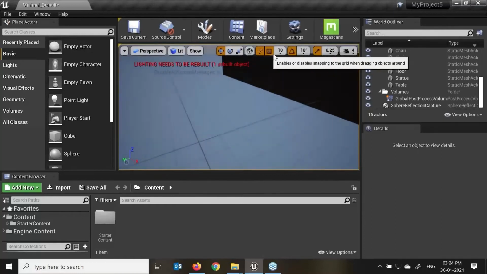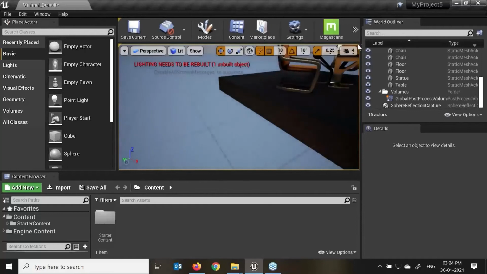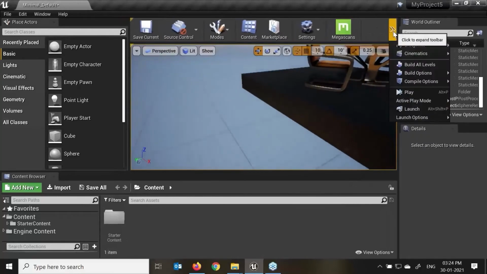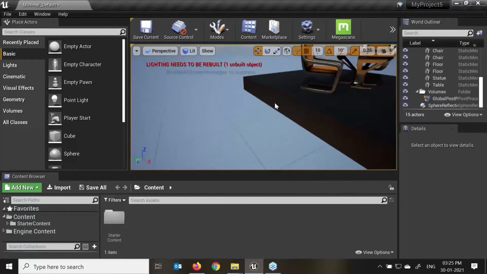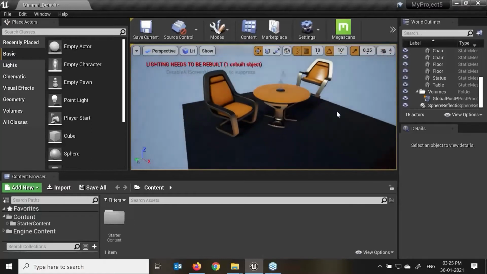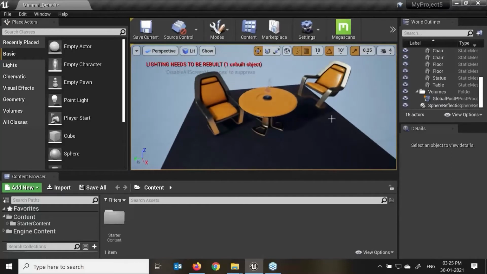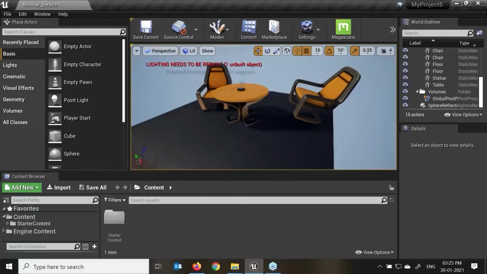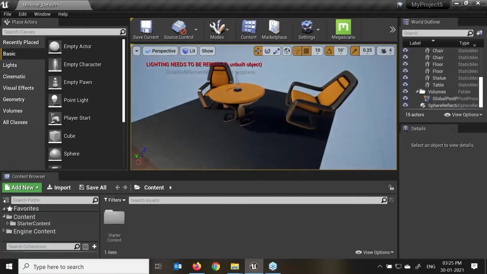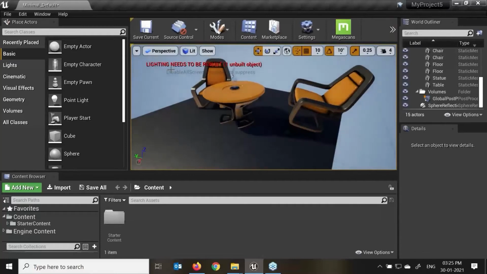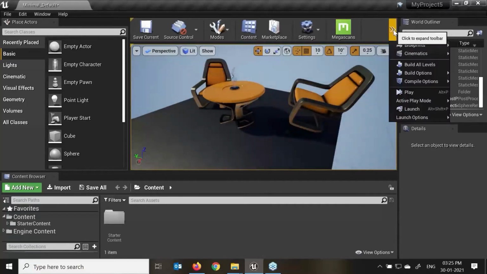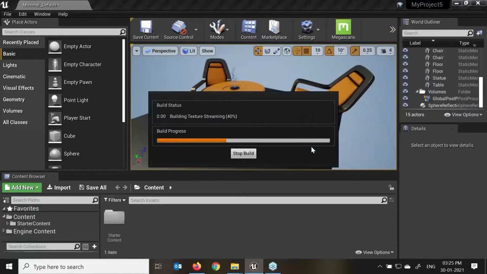Just on and off. Again, it's asking for the light calculations. So we need to rebuild the light. Select build all level. Whenever you are facing this error, lighting needs to be rebuilt. This error is coming because in Unreal everything is pre-made, the bake. If I open this project again, we can see the shadow is already baked. So if I want to remove this error, I just need to click on this and build all level over here.